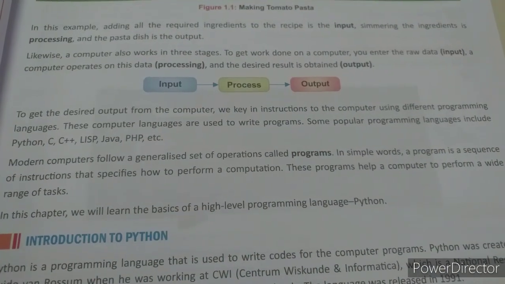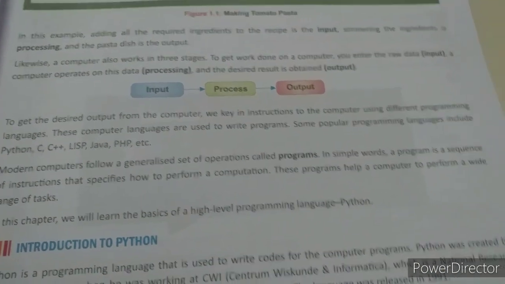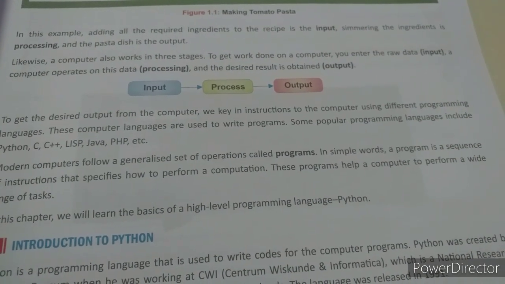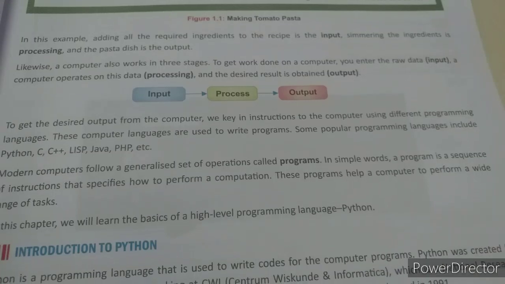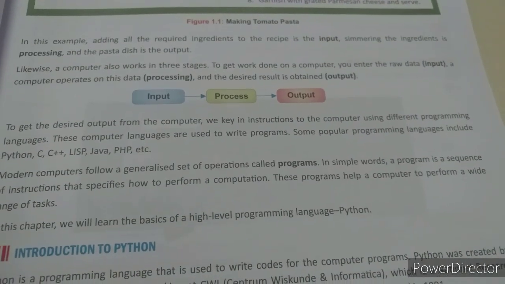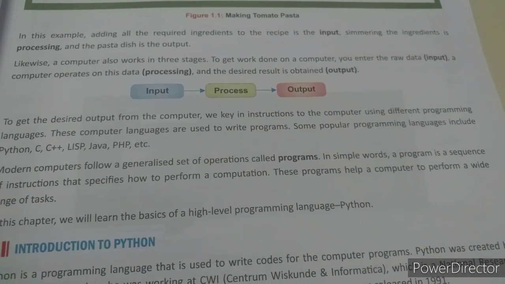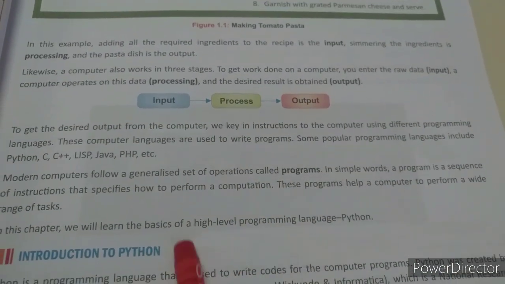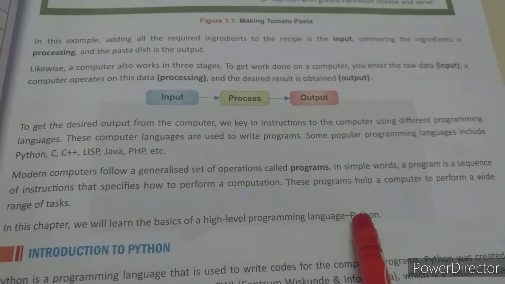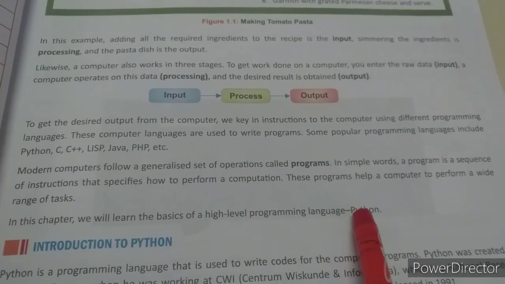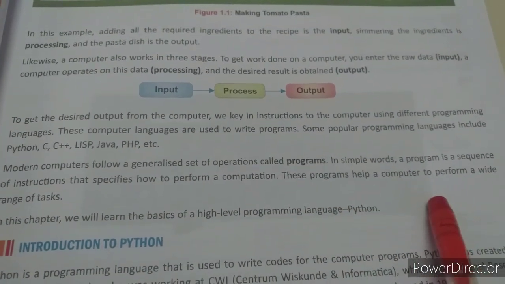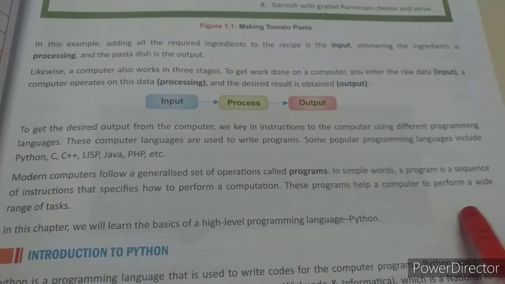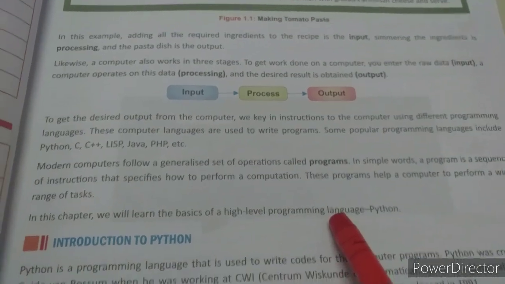Python is a high-level programming language. As you all know, the computer understands only binary language, that is 0 and 1. High-level language will be translated by a compiler or interpreter into low-level language and vice versa. This is one of the popular high-level languages. It will be converted into binary language, the output will be processed, and it will be shown to us in high-level language.